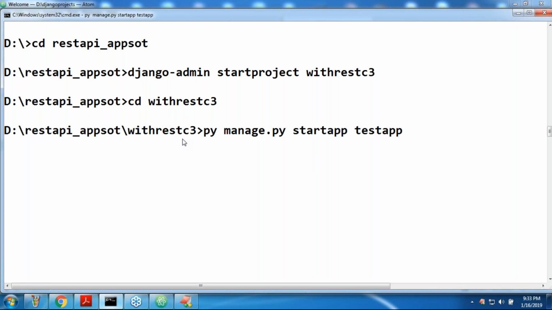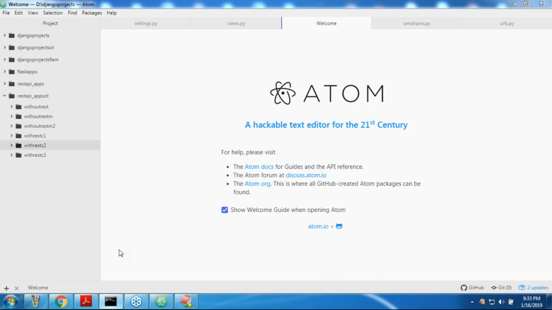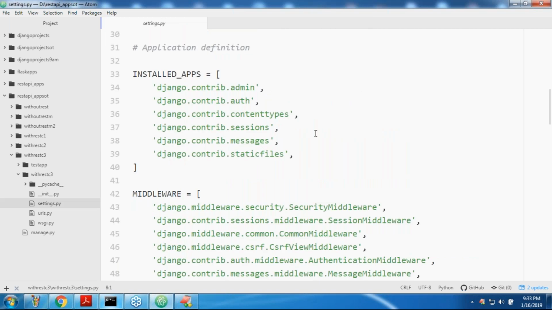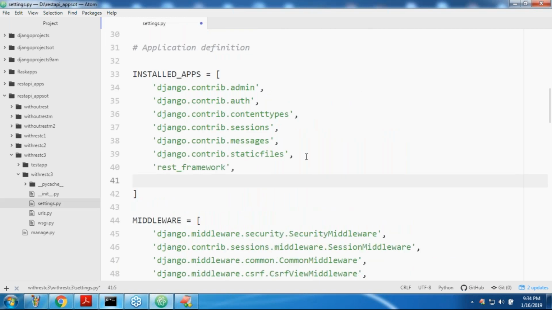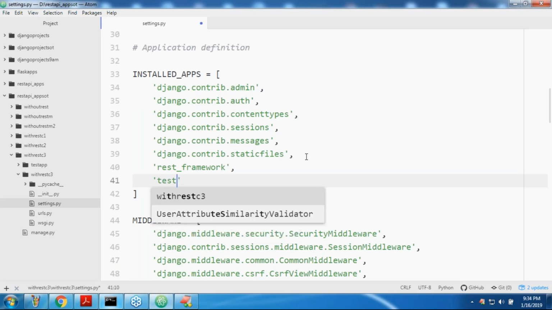Now the target here, observe carefully, all these things are not required for me, so this is about my application. First thing, let me open settings.py. Inside settings.py, first add the third party application rest_framework, because it is going to simplify our life, sir. It provides serializers, it provides views, everything is going to be provided by REST framework. That's why our life will become very easy. Now add testapp like this.